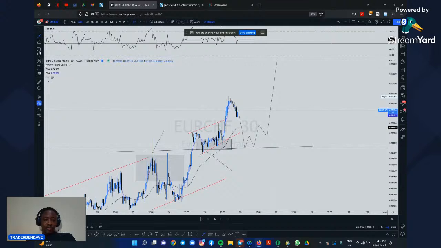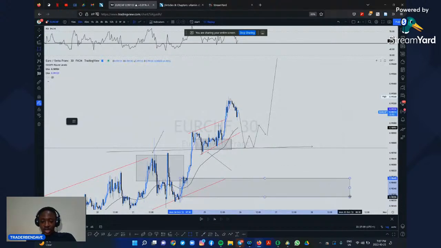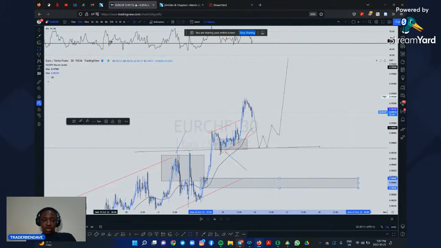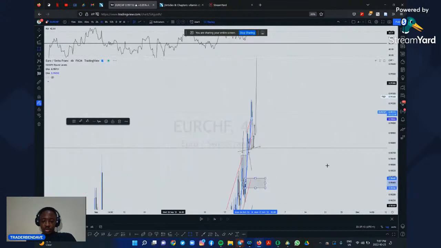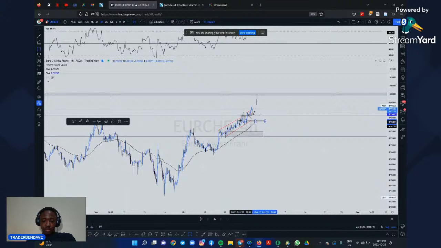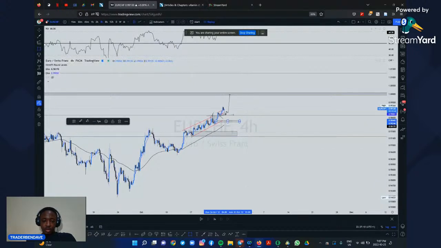One other level to keep an eye on would be here, 0.98400. Another potential level for price to drop to. So on the 4-hour time frame, we are talking about this level here, just below the psychological level. If we get a deep retracement into this level here, then we would look to buy from here instead of on top of the psychological